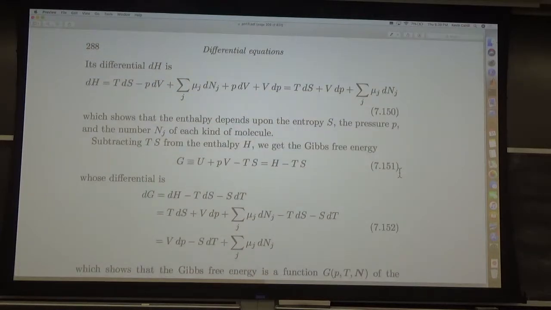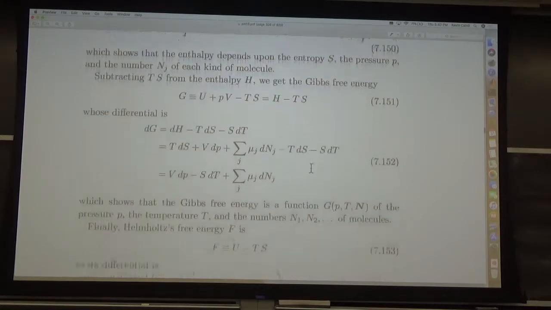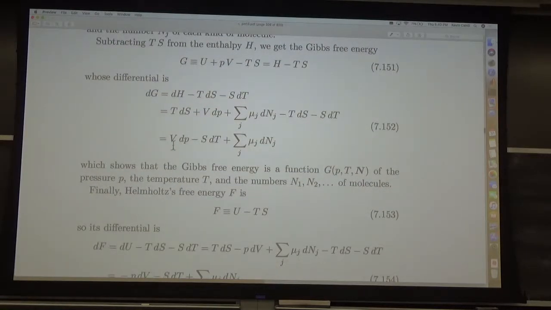On the other hand, if you subtract the temperature times the entropy from the enthalpy, you get what's called the Gibbs free energy. That's H minus TS, and dG then is V dP minus S dT, and then numbers of particles. So the Gibbs free energy is a function of pressure, temperature, and numbers of particles. One of the advantages of that is that